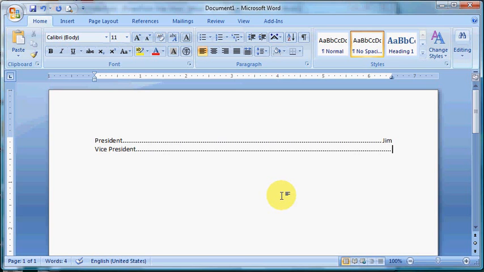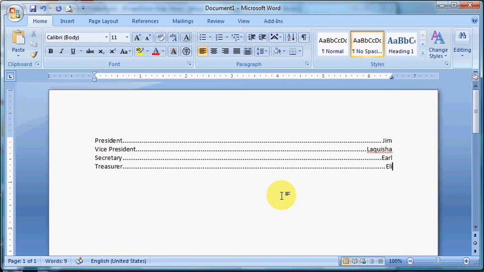Tab it over, and that was LaQuisha. Enter, and then there was a secretary, tab it over just once. I forgot who the secretary is. I'll just put Earl. Treasurer, tab it over. Maybe it's Elizabeth. I don't know who it was. Elizabeth, something like that. Hey, things are lined up on the right, and there's this little tiny backwards L on